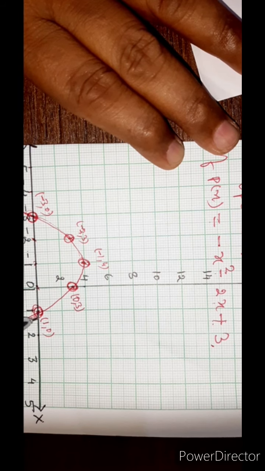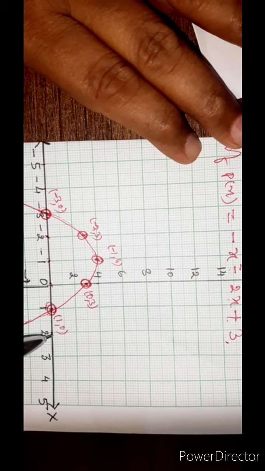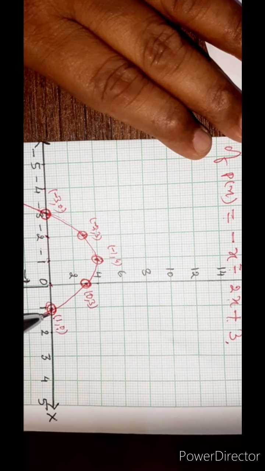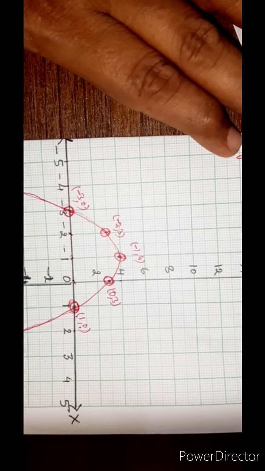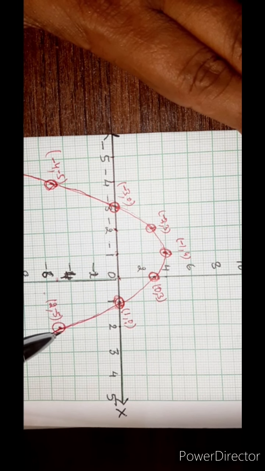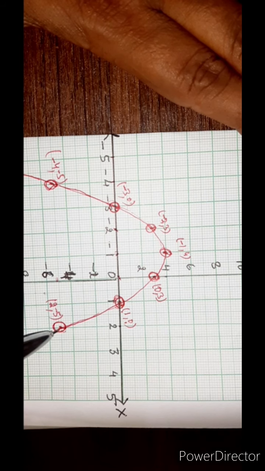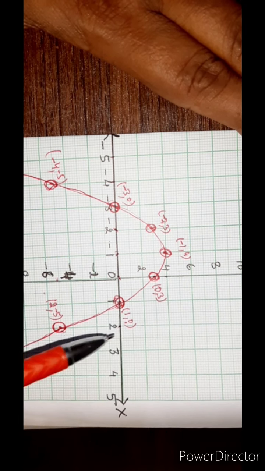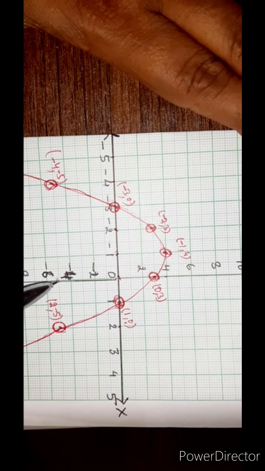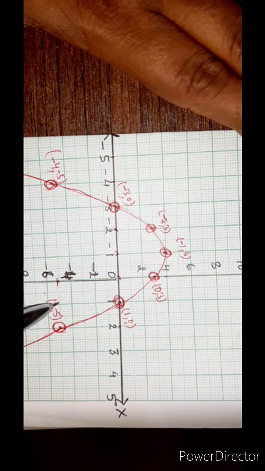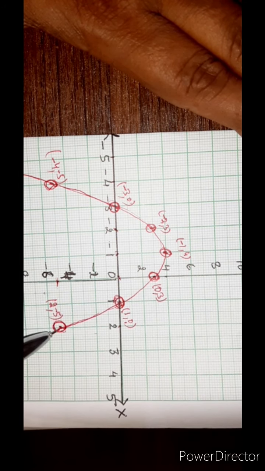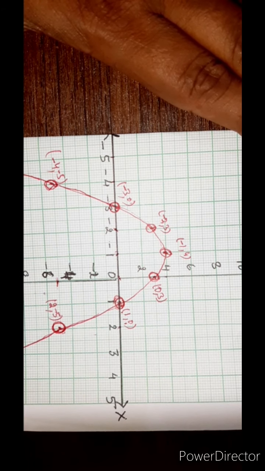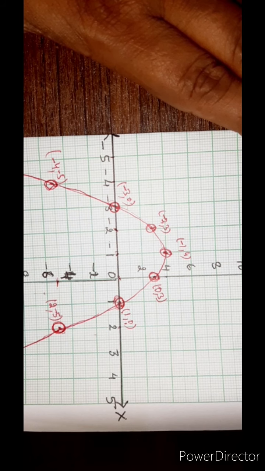Okay. Second point 1, 0. Here will be 1, 0 on the x axis, because here the ordinate is 0 and the abscissa is 1. So the point will lie on the x axis. Next point 2, -5 from your table. So the next point will be here 2, -5. This is the 2, and here will be -5. So this distance will be 2 steps and this distance will be 5 steps.